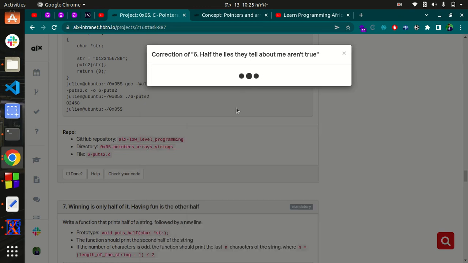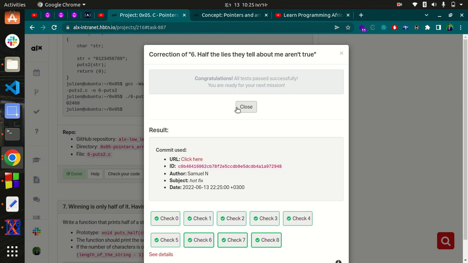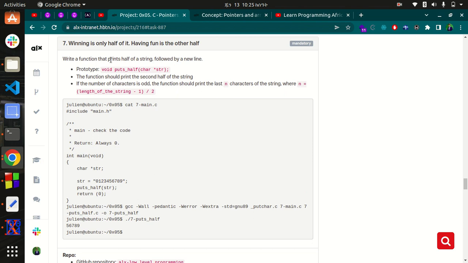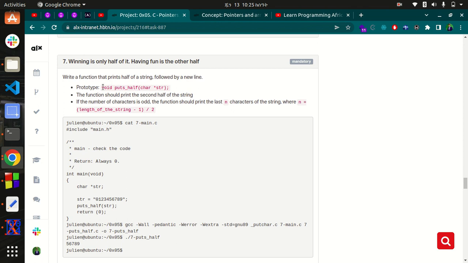Okay, now we are going to go to number 8 or number 7. Okay, puts half, so let me put out my lighter. Okay, so here for example I'm going to void copy,